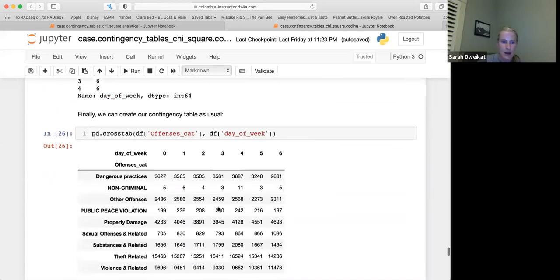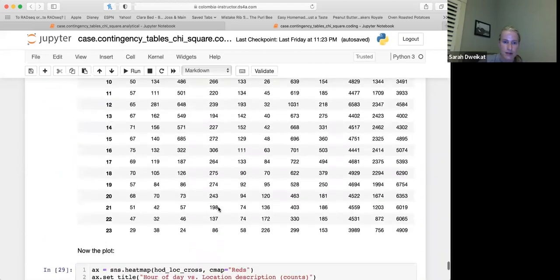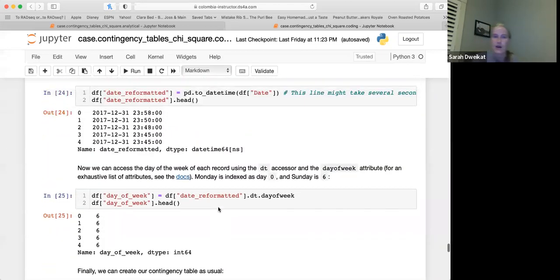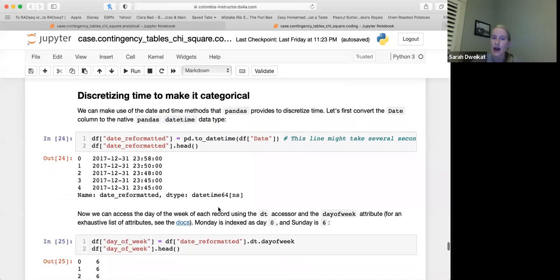And then I'm pretty sure this is our final thing. Remember how we talked about how we wanted to divide things by day. Remember we talked about how normally if you have numerical data, you can't do a chi-square test. We talked about that in terms of time, and we showed a heat map that looked at day for the type of crime. So the way that we would do that is,